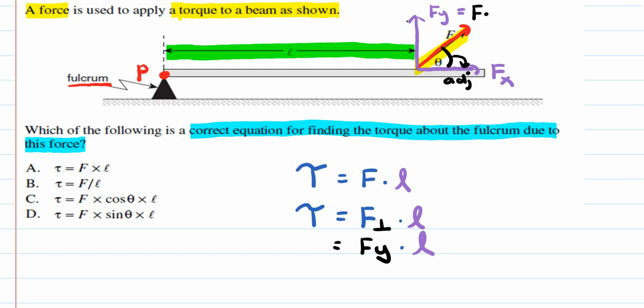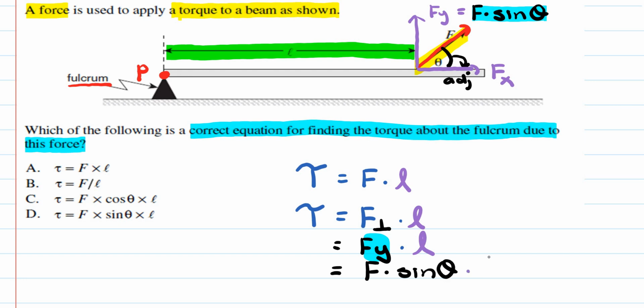And this is the opposite side here, so it's going to be F times sine of the angle, which is similar to how you would set up the vertical and horizontal velocities when you're dealing with projectile motion, and this is really the exact same concept here. So what we need is the force times sine of the angle. So this whole expression right here, Fy, is equal to F, the force, times sine of the angle, and then